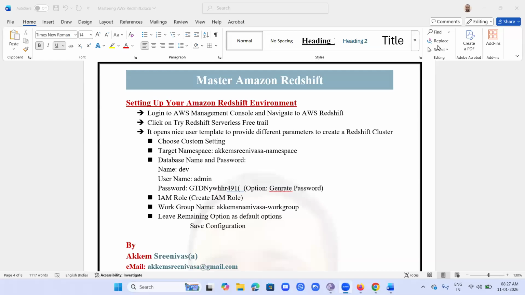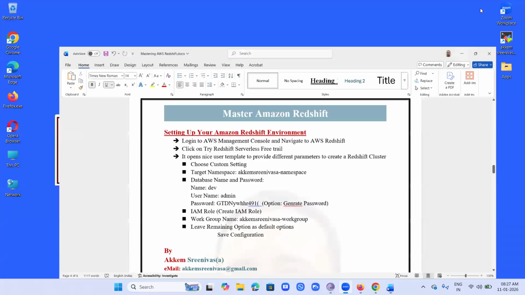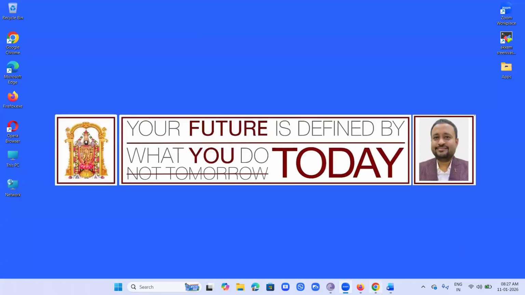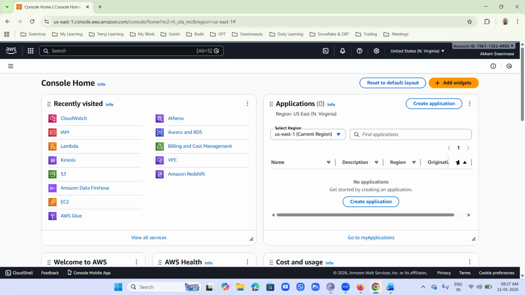Now let's start setting up your Amazon Redshift environment today. Okay, let's start. Log in to AWS Cloud. I already logged into AWS Cloud. Let's navigate to Redshift. You can see it under recently visited. You may see Redshift if you already used it, or you can navigate by typing Redshift in the search bar,